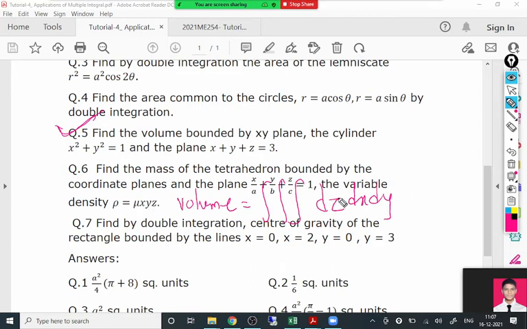Now, when you keep dz dx dy, the basic formula for volume is, if we have a cylinder like this and we have to find the volume of that cylinder, we take the height and the area of the base. So pi r squared into h, that's the volume. The volume is the area of the base into height, provided that the solid has a constant height. But not necessarily in real life do we always have a constant height.